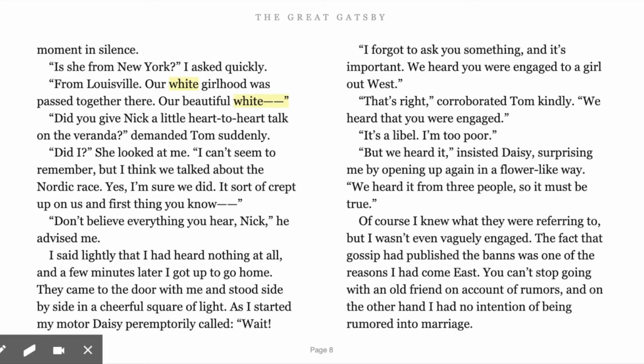I said lightly that I had heard nothing at all, and a few minutes later I got up to go home. They came to the door with me and stood side by side in a cheerful square of light. As I started my motor, Daisy peremptorily called,